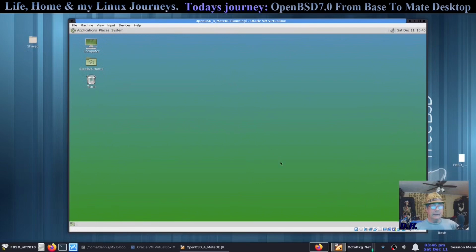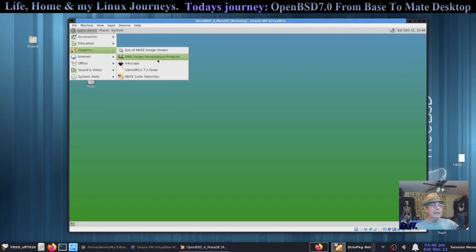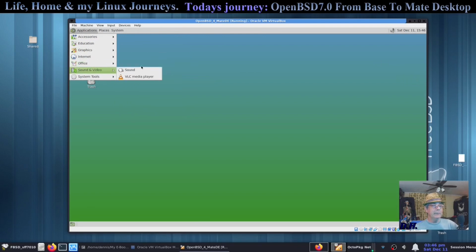And there's a nice Mate desktop. And it's laid out just like any other Mate desktop, because it is. We got under accessories, we got the Archive Manager, Mate Calculator we asked for, the font viewer, Mate search tool, caja, take a screenshot, that's pretty nice, education, LibreOffice Math, under graphics, we got the GIMP that we asked for, LibreOffice Draw, we got internet, we got Firefox, Office, we got the LibreOffice suite, sound and video, we got VLC,